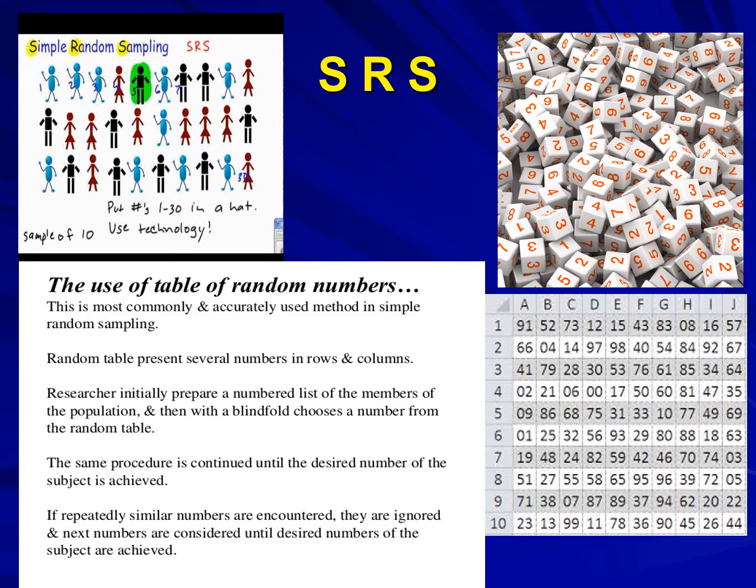Let's understand the first type of probability sampling, that is simple random sampling. This is the most commonly or most widely used type of probability sampling. In this type of sampling, the laws of chance are solely responsible for deciding which individual unit in the parent population will be selected. It endows each sampling unit with the same probability of being selected. This method is indicated when the population to be sampled is finite and homogeneous for the variable under study.